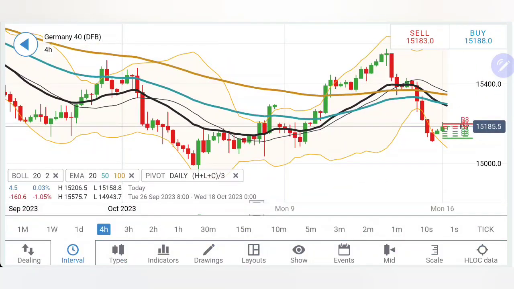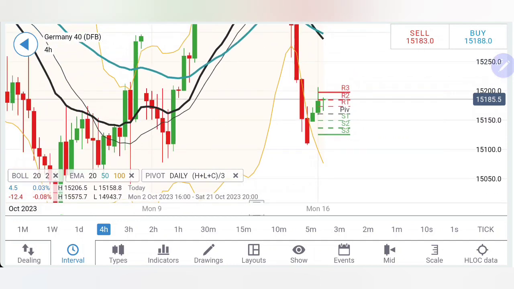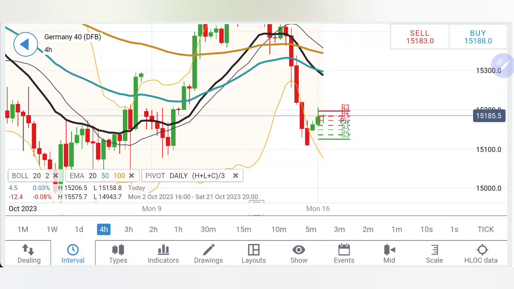If you look at the 4-hour chart, look at the preceding two candles. Yes, it has traded with a bullish bias, but look at the wick on the upside. This suggests that there is a push from the upside. Yes, 15,200, 210 is a greater resistance. And that is why I say, yes, you can buy here at the 15,200, 220 zone, but then expect 260, 300 as the maximum resistance here.